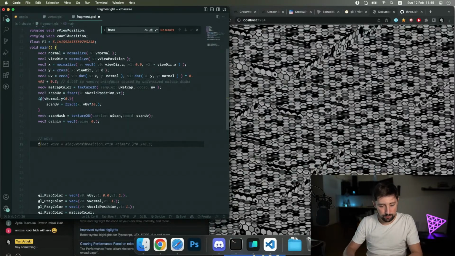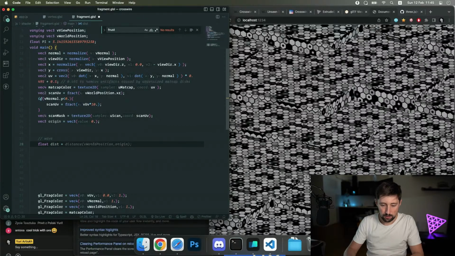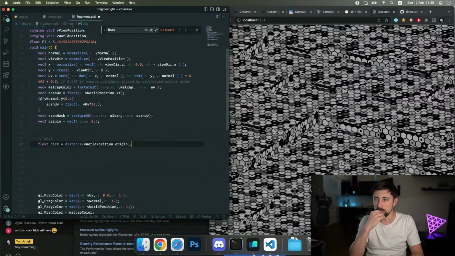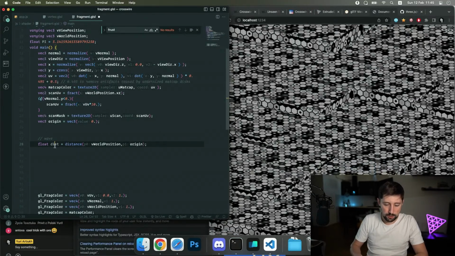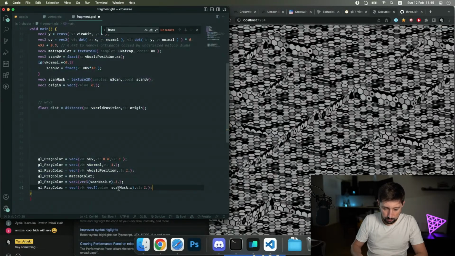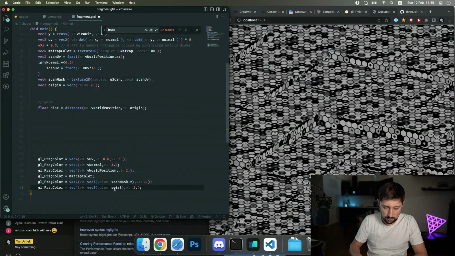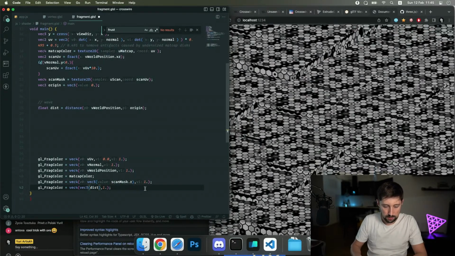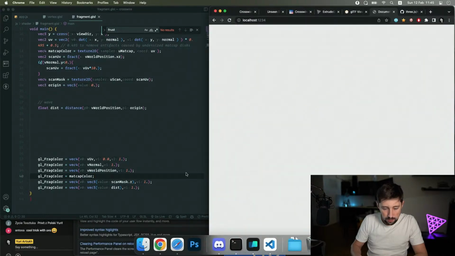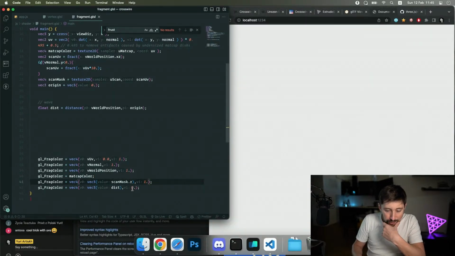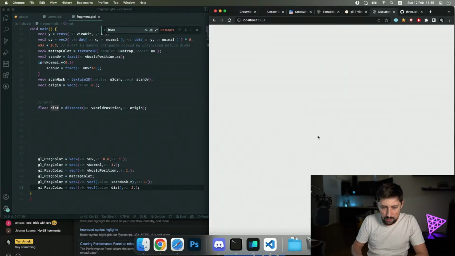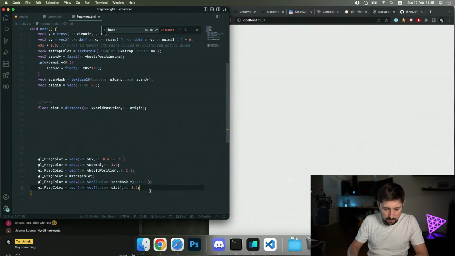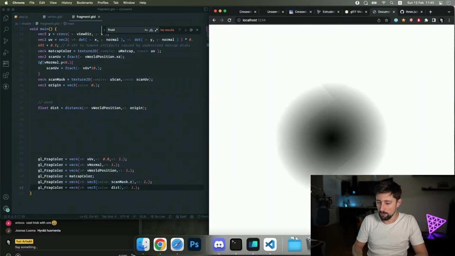First, the distance. I'm gonna calculate the distance, and it's gonna be the V world position and the origin. And let's set up the debug thing here. Want to debug everything? Let's debug this dist. It's gonna be the value of this dist. Yeah, also was amused how they fixed this whole situation, because combining those two values is really neat. Yeah, so now we have this, and